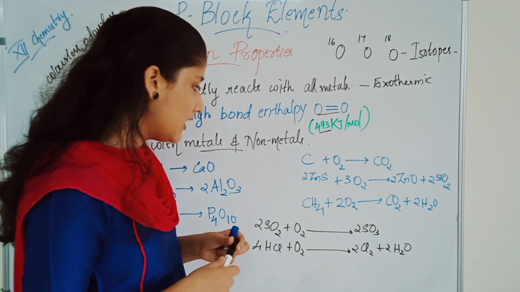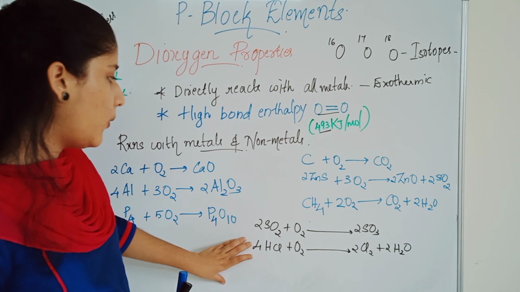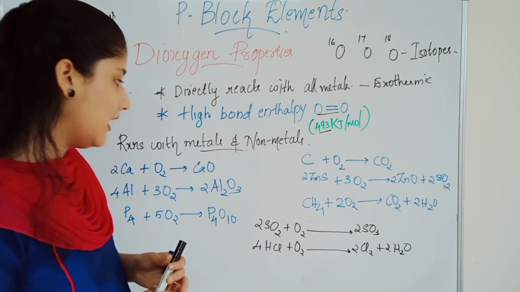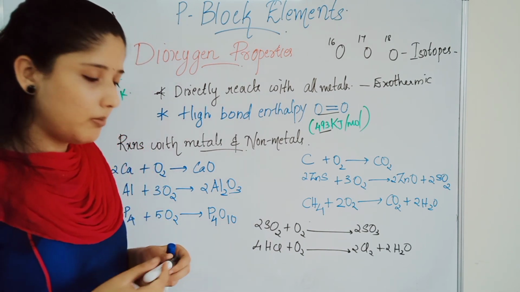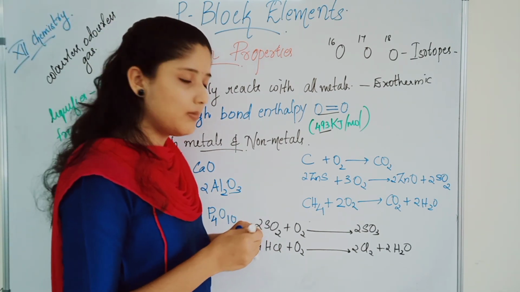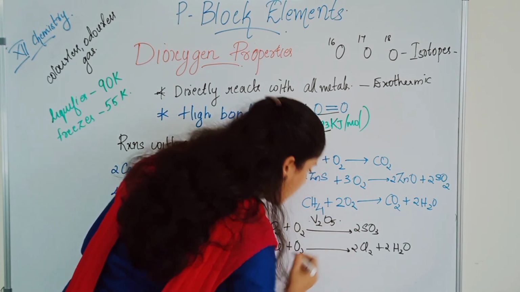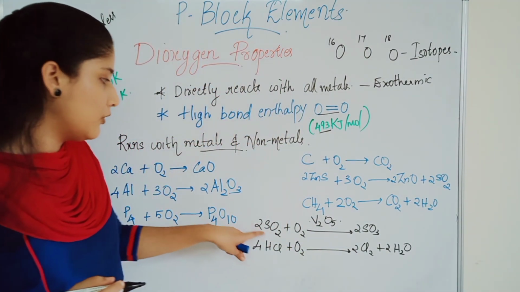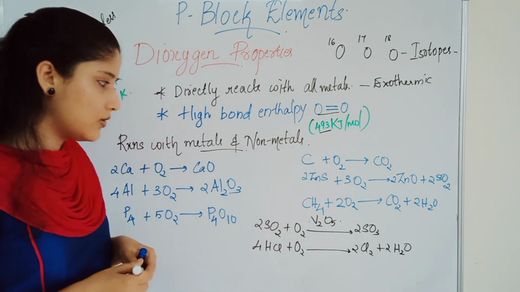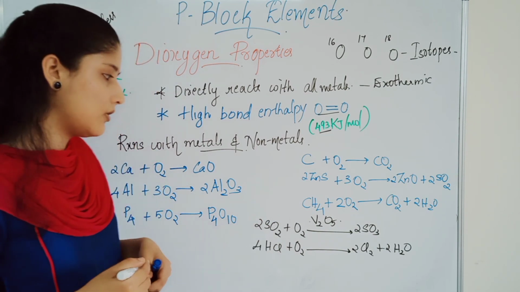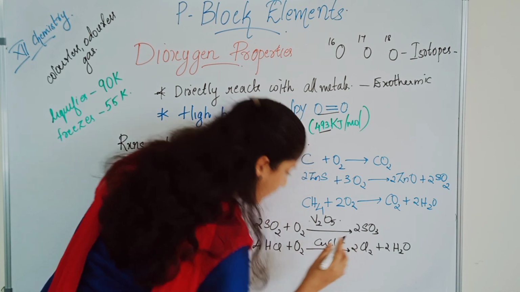Okay, next we are going to study the reaction that requires a catalyst. Here SO2 plus O2 will give you SO3. Here, do you remember in D block elements we studied? Here, V2O5, vanadium pentoxide catalyst is needed for this reaction to take place. SO2 plus O2 will give you what? SO3, V2O5, vanadium pentoxide. And for the next reaction, CuCl2 is required.